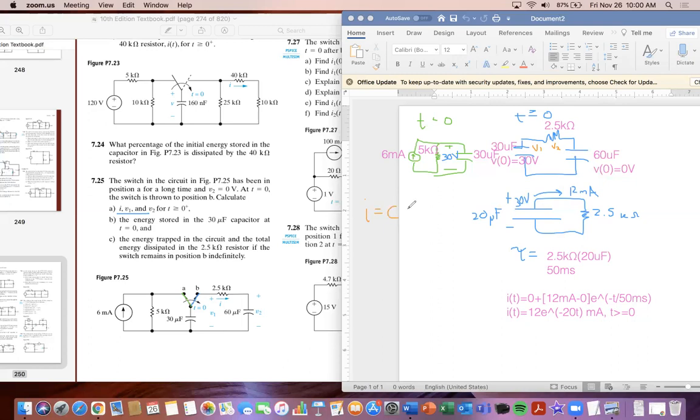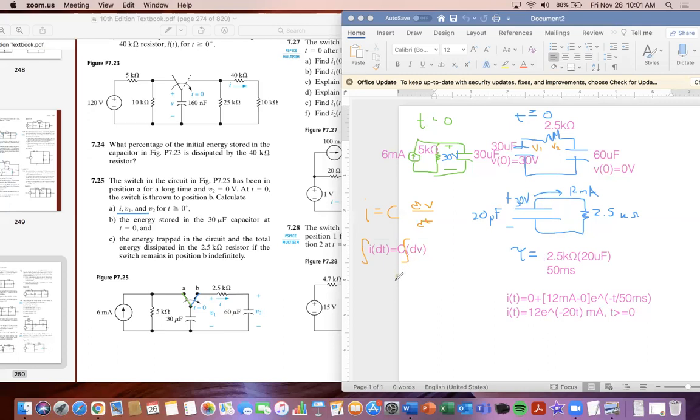So I equals C times dV/dt. Multiply both sides by dt. What that's going to give you is I times dt equals C times dV. And then you're going to take the integral. Because C is just a constant value for capacitance, if we're solving for voltage, when you do this integral,